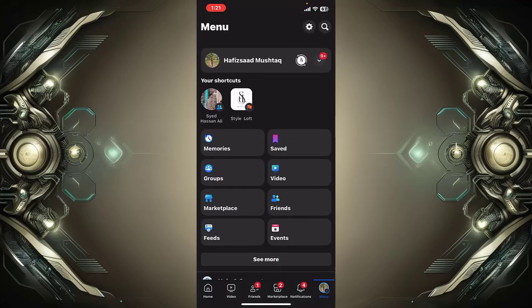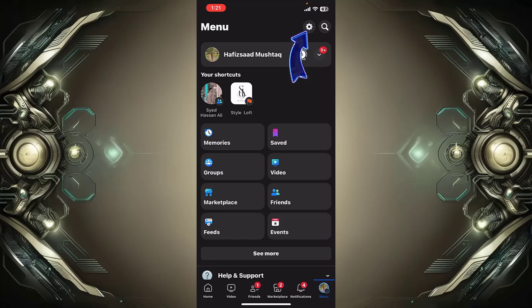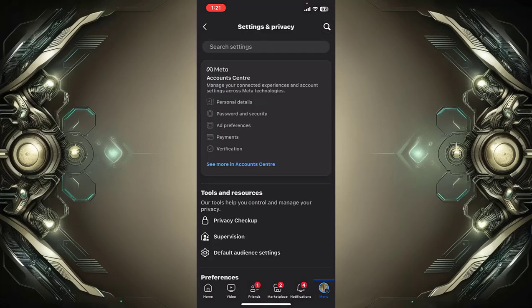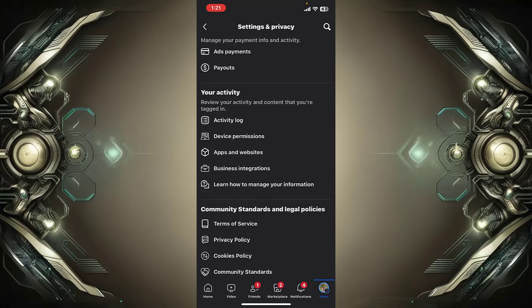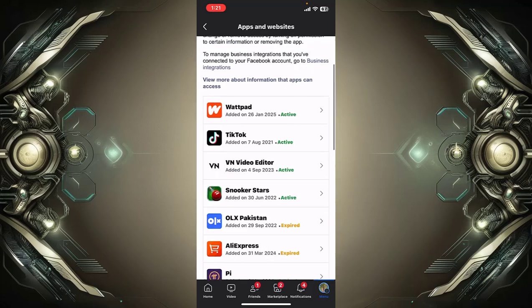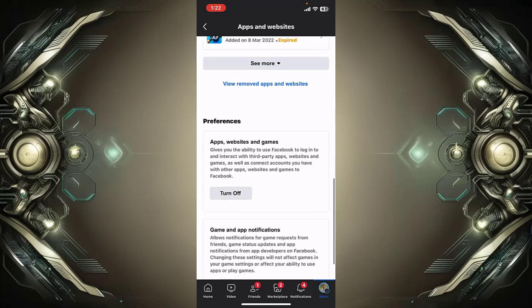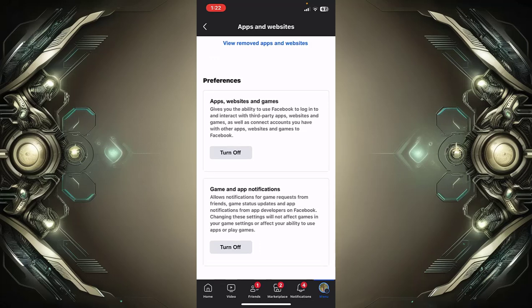Tap on it. Now you can simply tap on settings at the top right corner of the screen, and here you can scroll down, and in your activity section you can find the option apps and websites. Tap on it, and after a few seconds of loading you will scroll down, and here you can simply find one more option that is user ID, and this is the way you will find username and